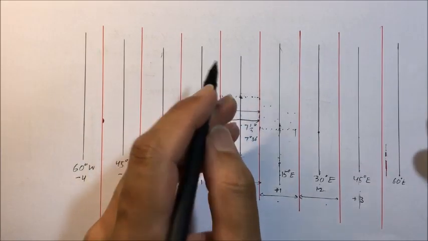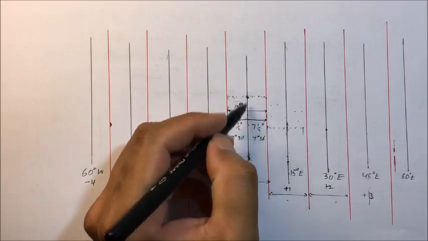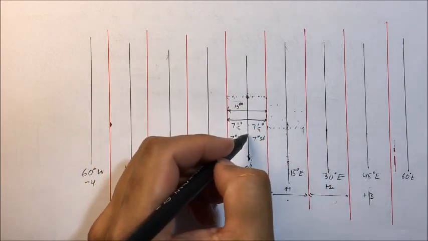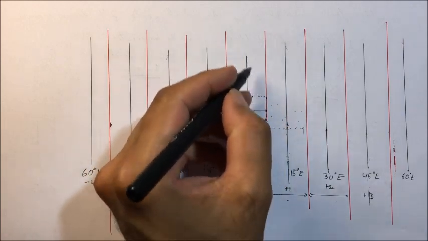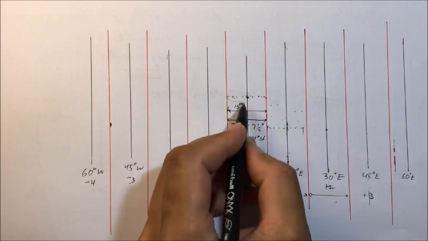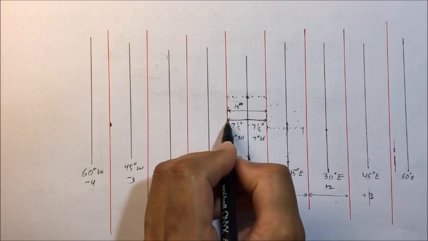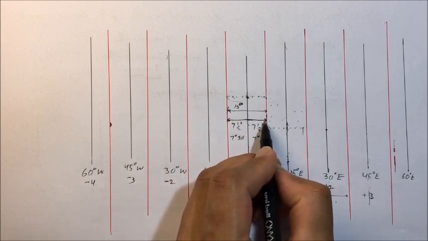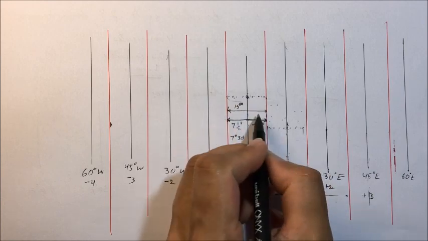So the 0 degree longitude, that is the prime meridian, the Greenwich meridian, was chosen as the standard for the entire system. The prime meridian became the center of the time zone, and it extends 7.5 degrees on the east and 7.5 degrees on the west side of it. This whole zone will have the same time.